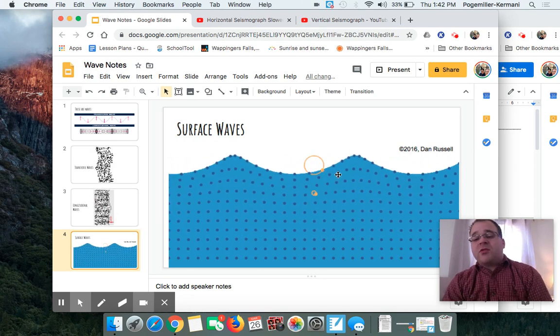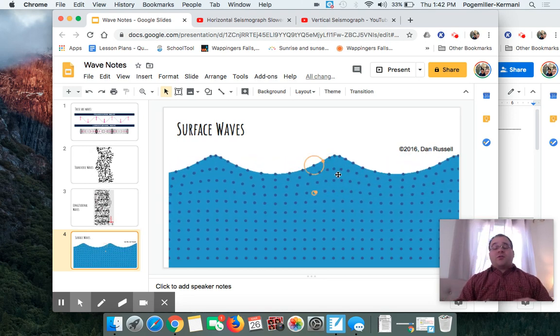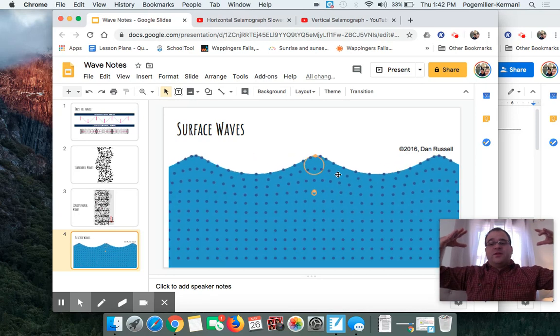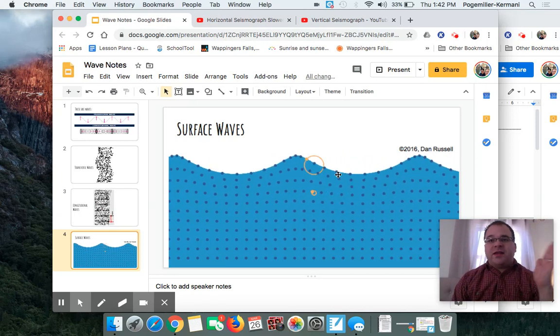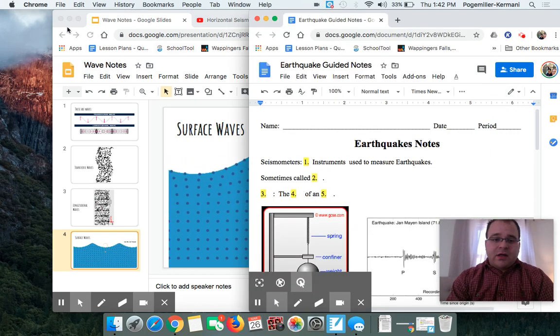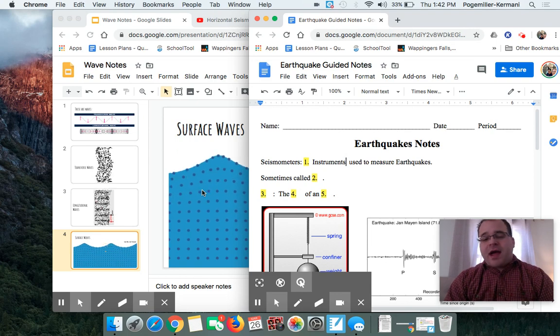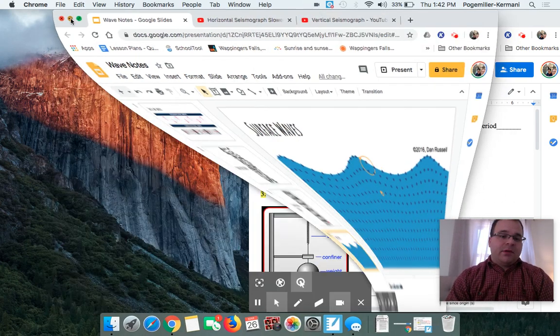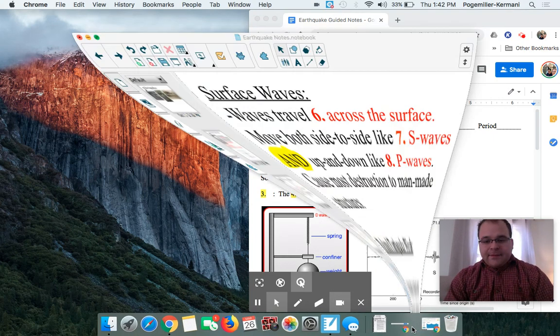So that's why earthquakes are most destructive when surface waves come to the surface, because you have the particles moving left and right and up and down. So it's very destructive. So yes, surface waves do happen with waterways, but they also happen with earthquake waves. Okay,